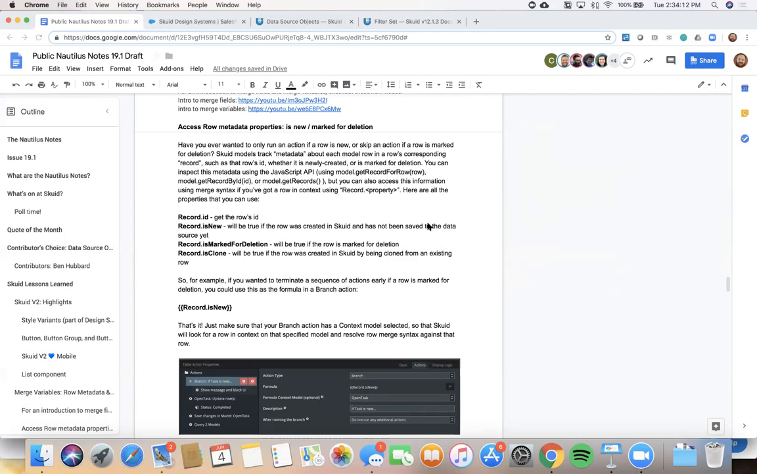Is that a Salesforce metadata object, or is it a JavaScript one? It's Squid's own metadata object. So it's not unique to Salesforce; you get it in the Squid platform. It's just internal, under the hood. That's how we keep track of row specific metadata properties, as opposed to actual fields